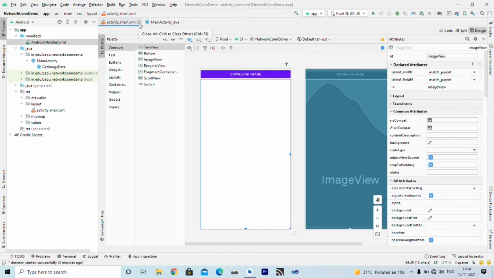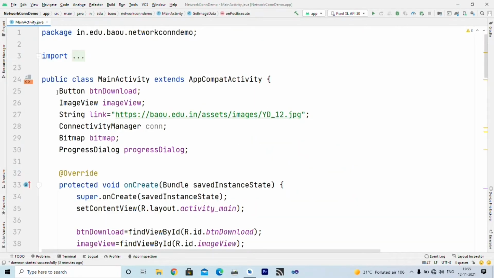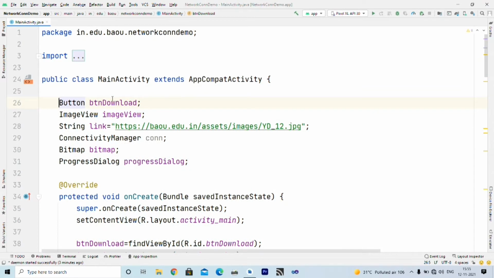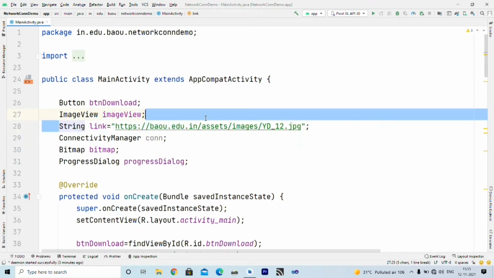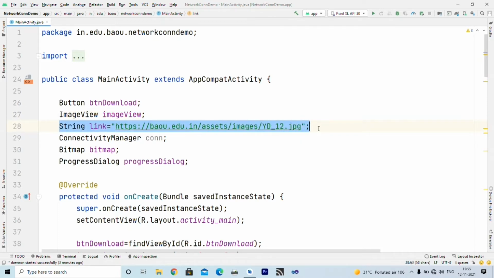Let us move to our coding file, that is MainActivity.java. Here I declare one button which represents the btn_download button in the layout file. I declare one image view object which refers to the image view in the layout file, and remember this is the link or URL from which I want to download my image.